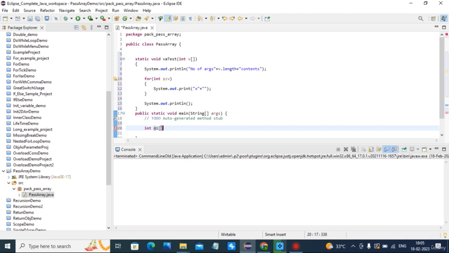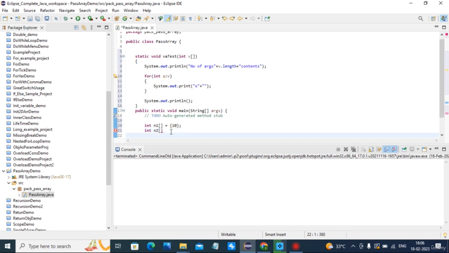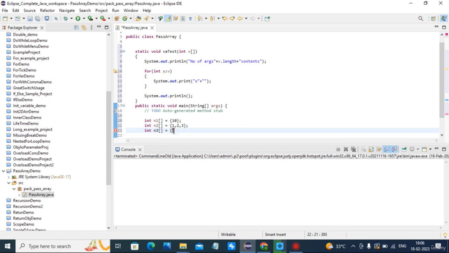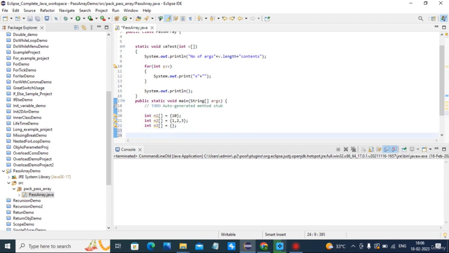Int n1 is equal to 10, one element. Int n2 is equal to 1, 2, 3, and int n3 is equal to only empty brackets, that is, no element present.